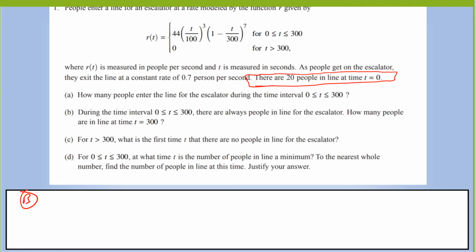Okay, so Aileen, if I want to know the total number of people in line, and we've got some people entering, some people already on the escalator, and some people who have already left the escalator. How can I set up a general equation for how many people are still in line for the escalator? N plus